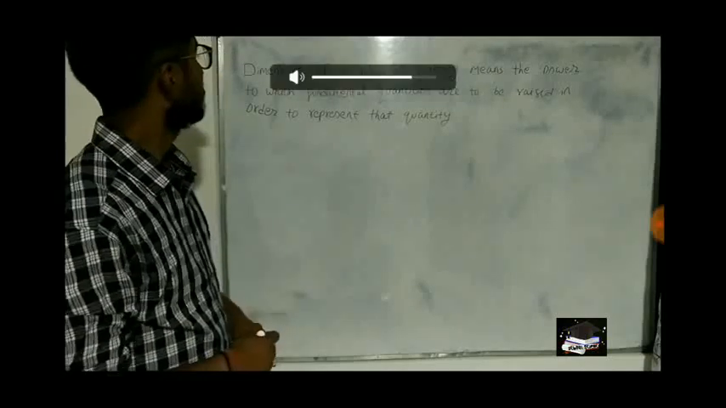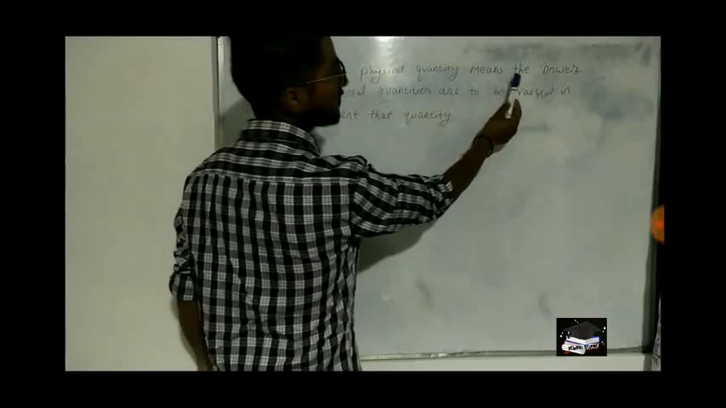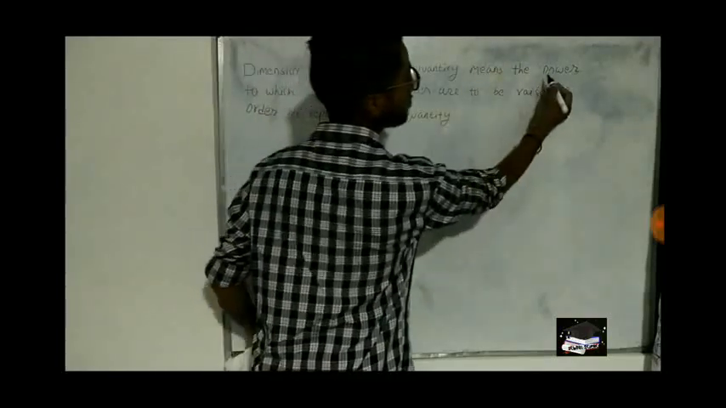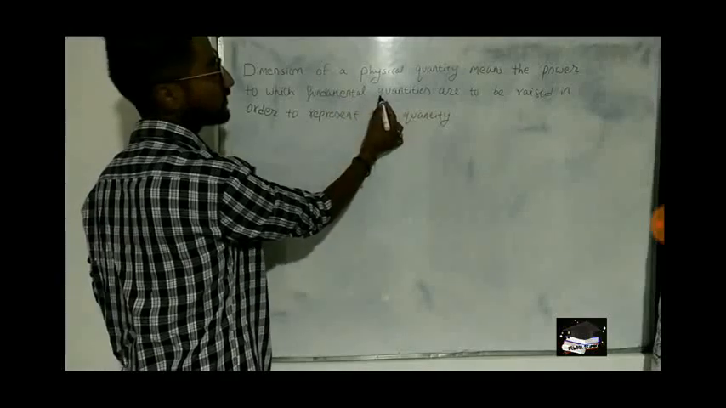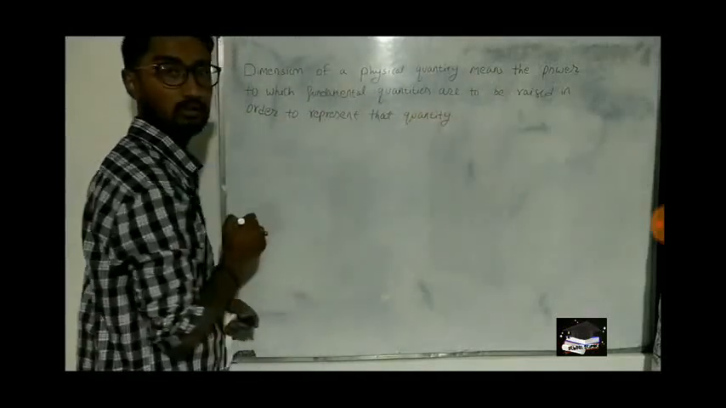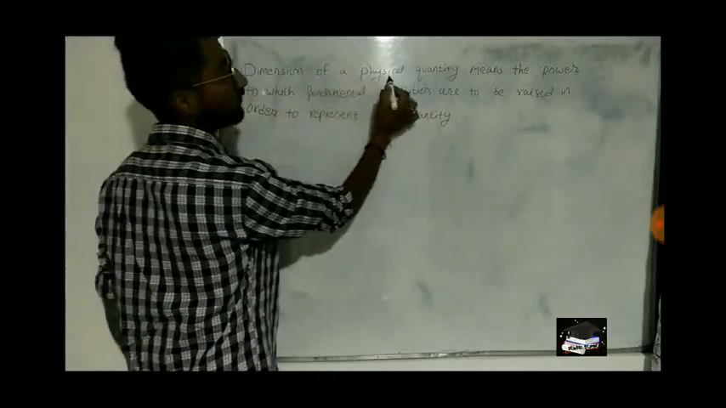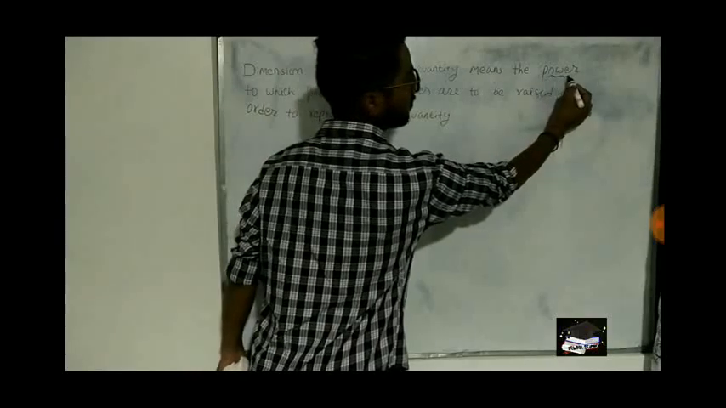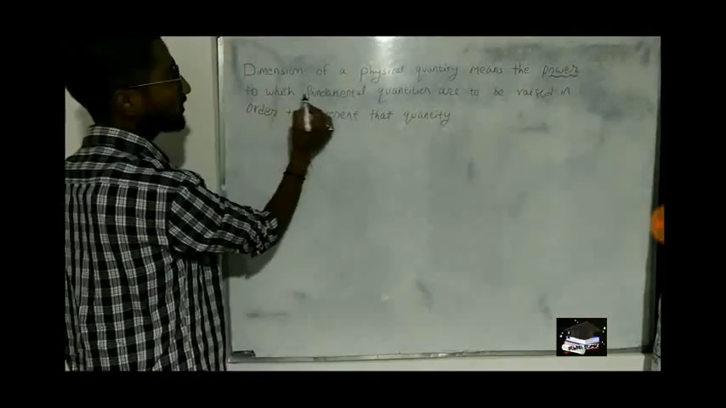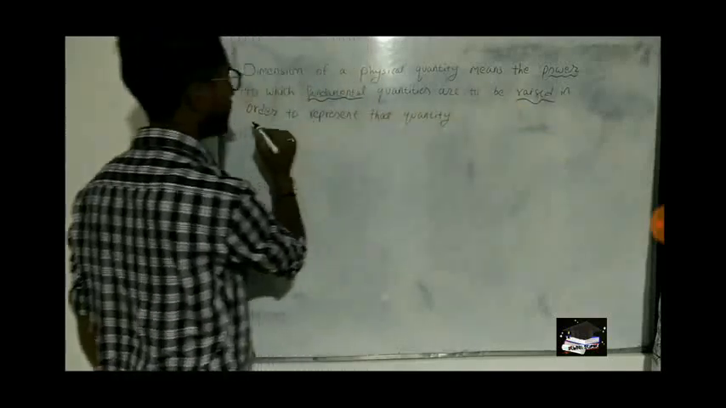Dimension. Dimension of a physical quantity means the power to which fundamental quantities are to be raised in order to represent that quantity. Okay, so dimension of a physical quantity means the power to which fundamental quantities are to be raised in order to represent